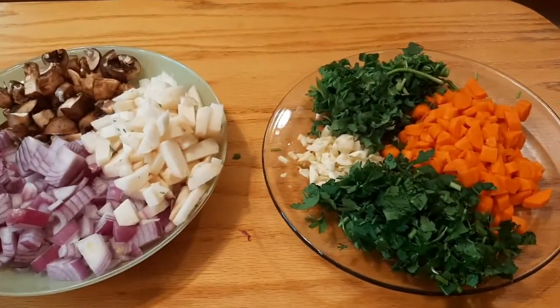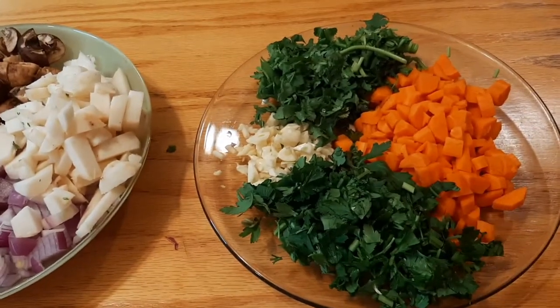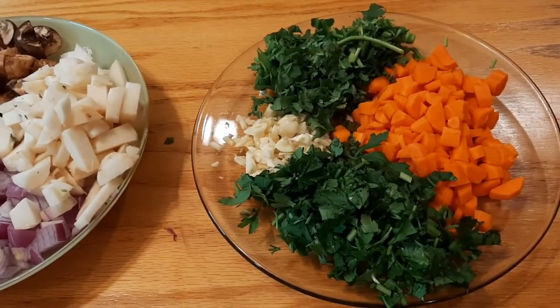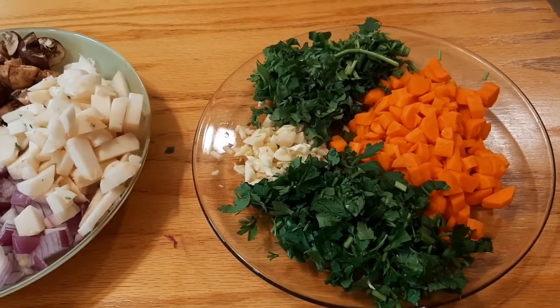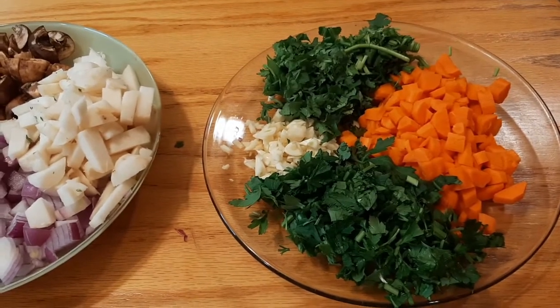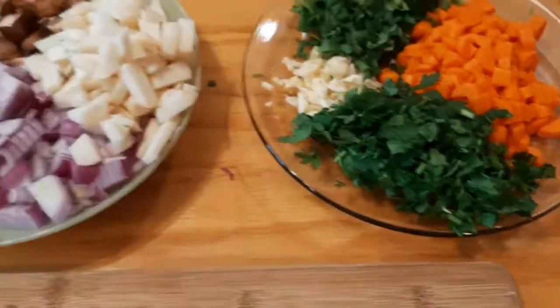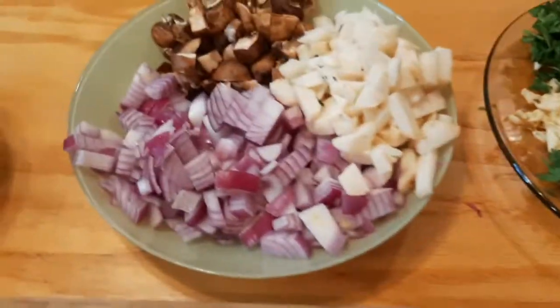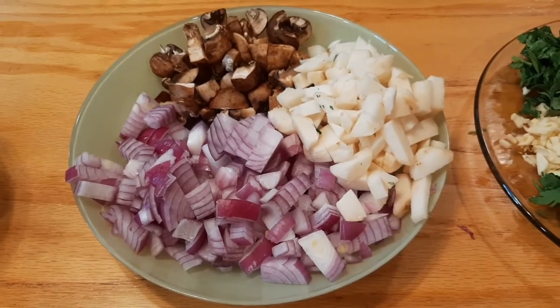So what I do, I chop up, so let me start from here. I chop up about 3 carrots, real thin, parsley, cilantro, about 6 or 8 cloves of garlic. Let me zoom in so you can see. All right, so you chop them up real thin. Then about 2 onions,